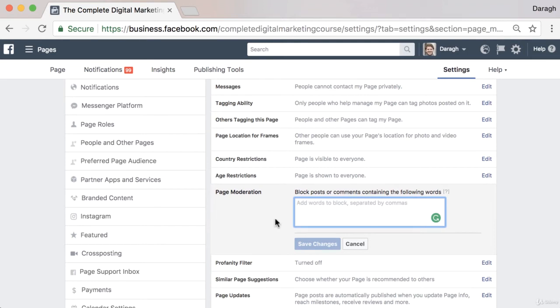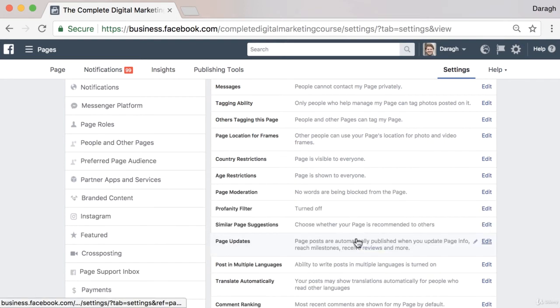But if there are certain words like the F-word, things like that, you can fill in the blanks. You could easily just block that out if they aren't caught by the profanity filter. So that's another setting within your Facebook page that can really help you keep it clean, keep it family friendly. So that is really a couple of additional settings that you can turn on if you want to really moderate